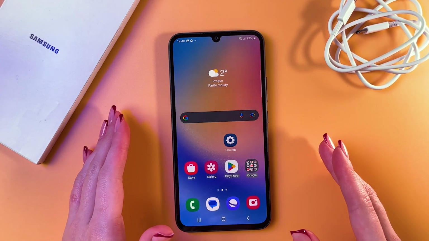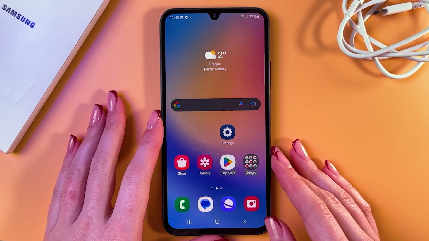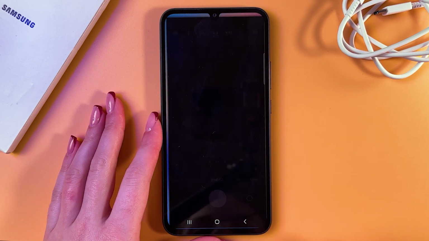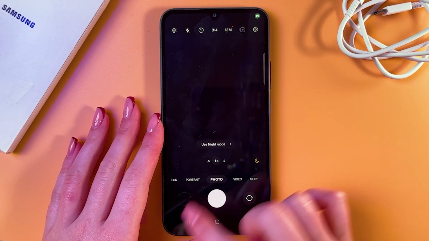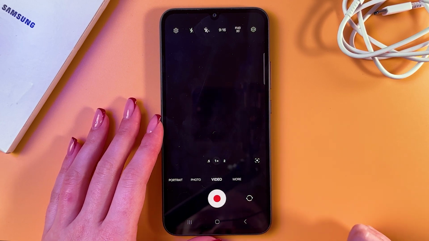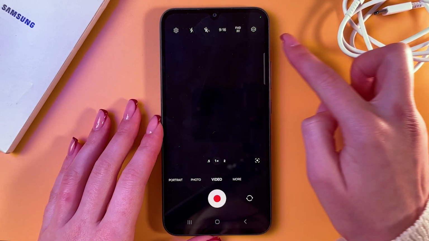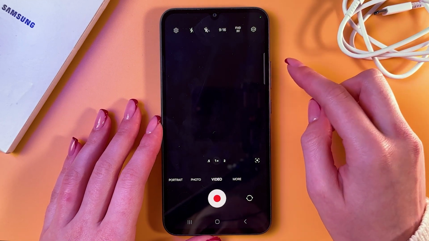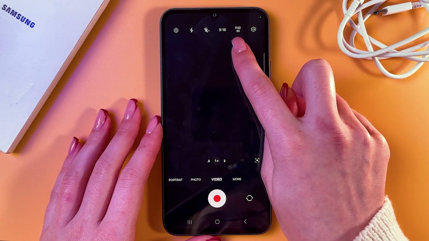Hi, to change video resolution on the Samsung Galaxy A34, we will need to simply open camera first. And now we are in a photo mode, so let's switch to the video just by swiping left. And now you can see this upper panel with many features, but we are interested in this one, which is